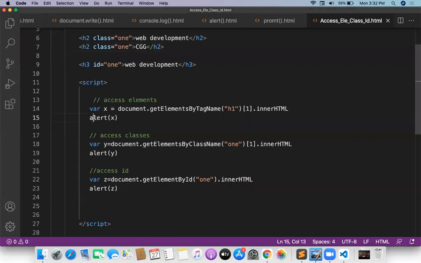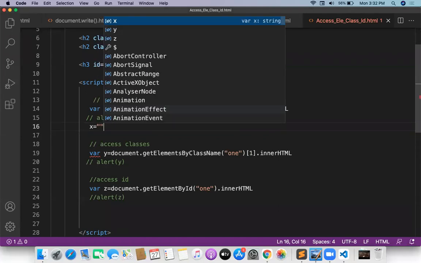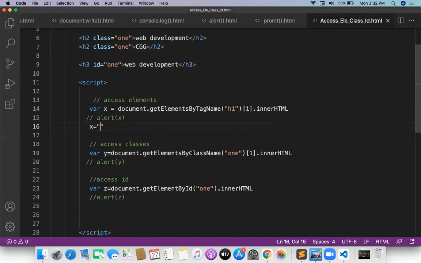So instead of alert, I will do one thing now. I'm changing the alerts. I don't want to show the alerts here. I just want to override the X value. X is equal to something I'm writing: web development is simple.